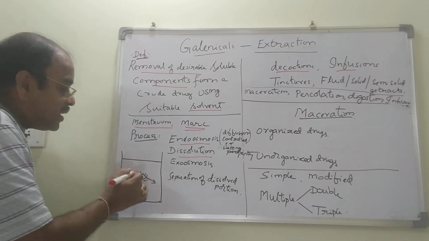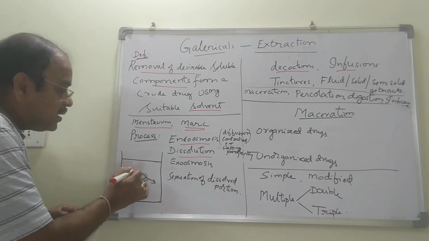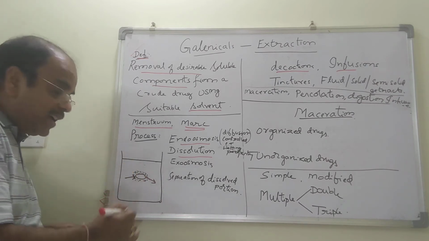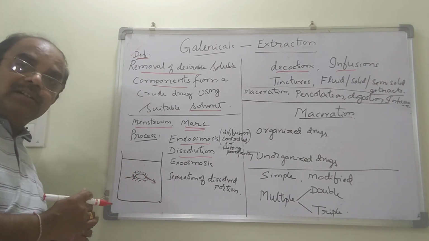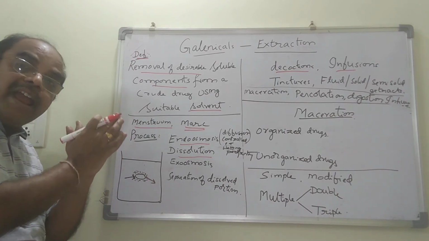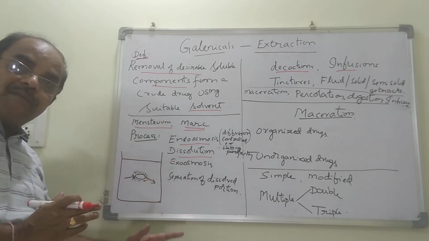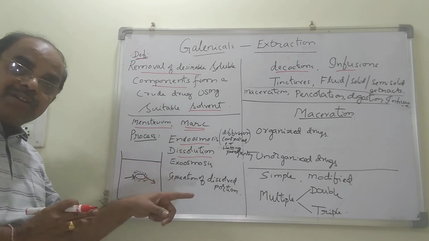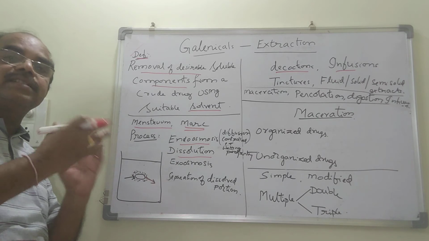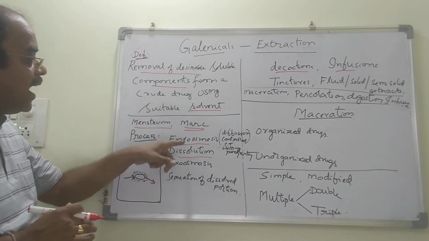So what do you have to do? You have to go for gentle agitation from time to time, so that the layer outside the cell wall is disturbed, and fresh solvent again comes in contact with the cell wall. The entry of solvent into the cell wall is called endoosmosis. It is influenced by the surface tension and wetting property of the solvent, it is diffusion controlled, and based on the pores and the particle size, this entry is influenced.